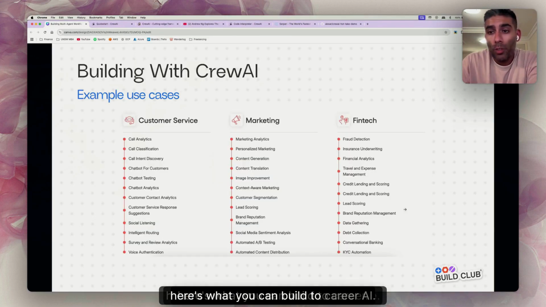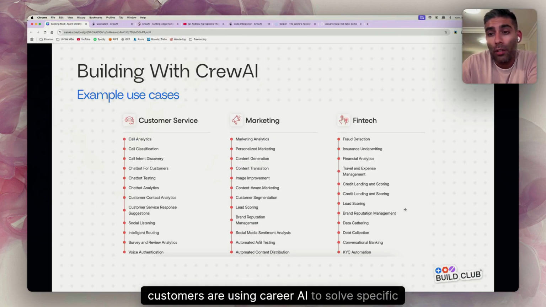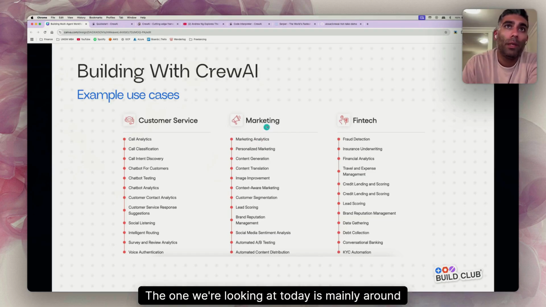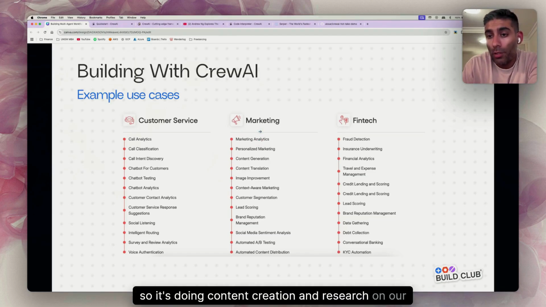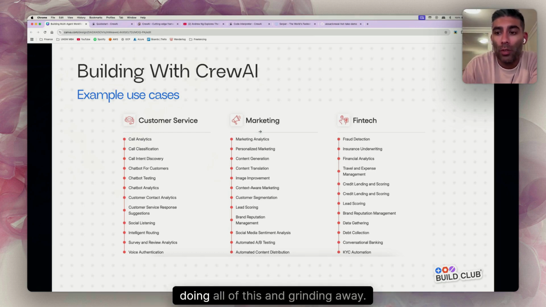Okay, here's what you can build with CrewAI. I've just listed this straight from the website. They've provided some examples of how other customers are using CrewAI to solve specific problems across a range of industries and different use cases. The one we're looking at today is mainly around marketing and automation. So it's doing content creation and research on our behalf. So we don't have to sit there behind a desktop doing all of this and grinding